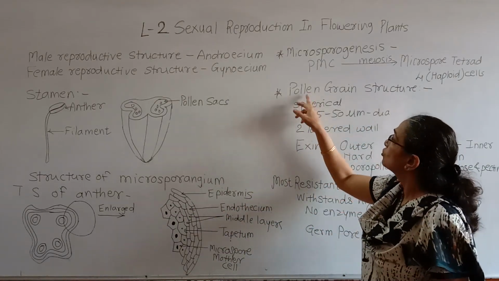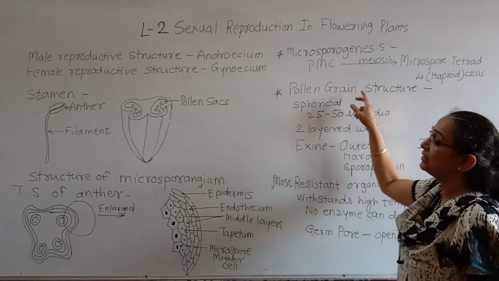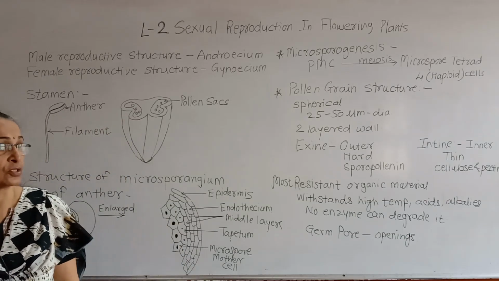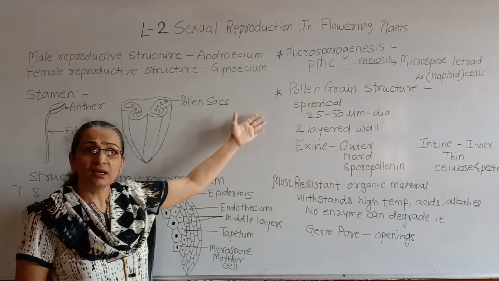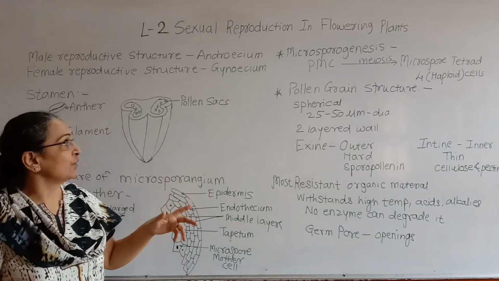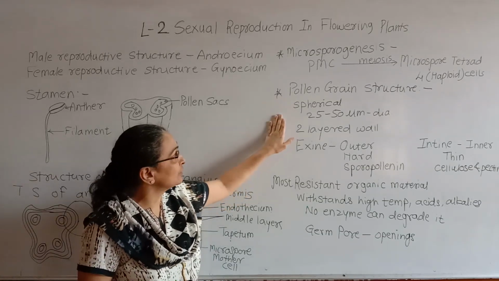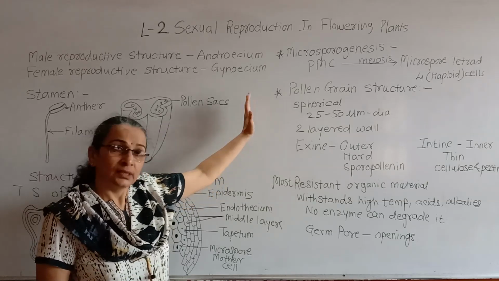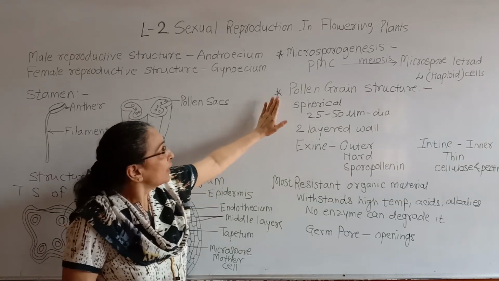Now, when you observe the blooming flower of hibiscus, you might see yellow colored powder which has come out in that. That is nothing but the pollen grains. Pollen grains of different plants will have different structures, maybe different shape, color, size, or even the outer surface. Some are spiny, they have spine-like structures on them, or some have a smooth surface. So their design or architecture is also different.